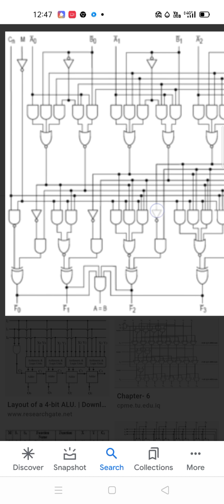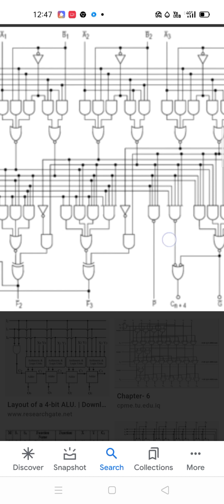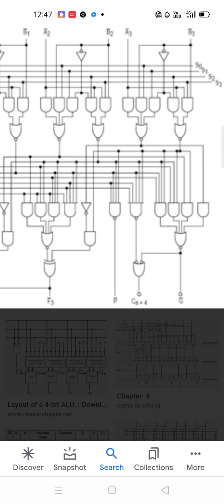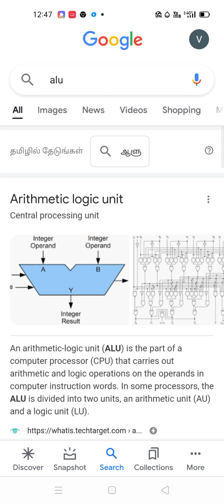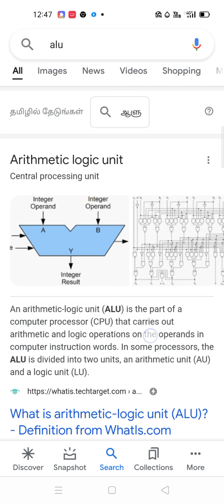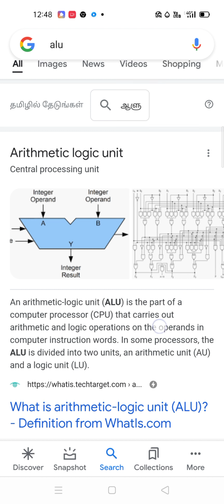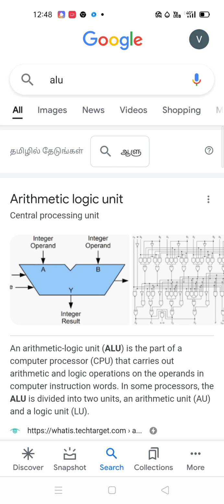Okay, this is the basic thing that is given, but I don't want to go into how the circuitry looks like. This is how the circuitry looks. I don't want to go into details. You can go look up if you are more interested in those kinds of things. You can just have a look at it, but those are the basic things, how a processor is designed, and that's all for today.